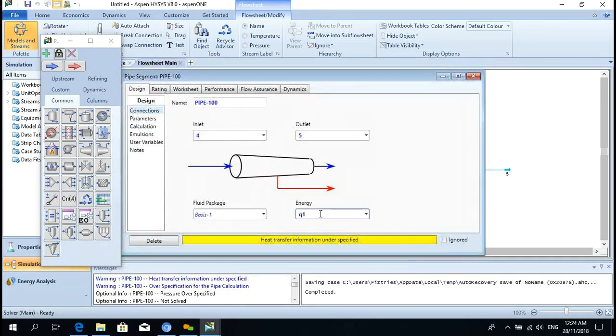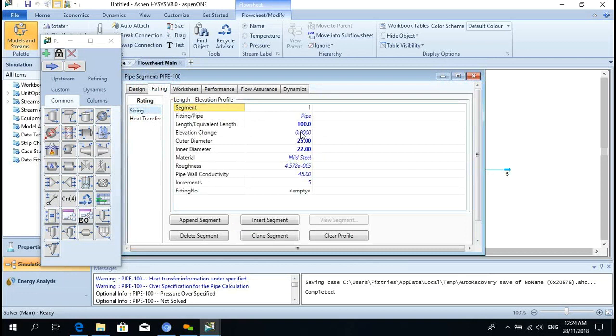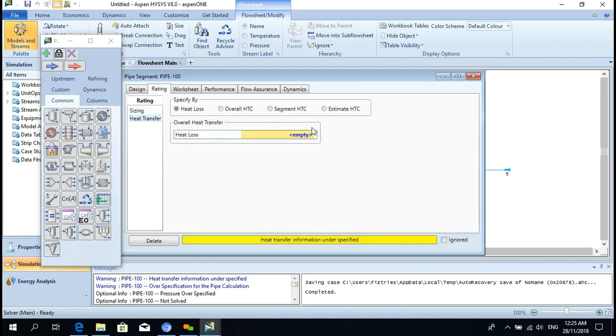Heat transfer. It's saying heat transfer information specified. Go in rating, then heat transfer, sizing, top left corner. Put the heat loss here, put 50, or you can put 0 also.